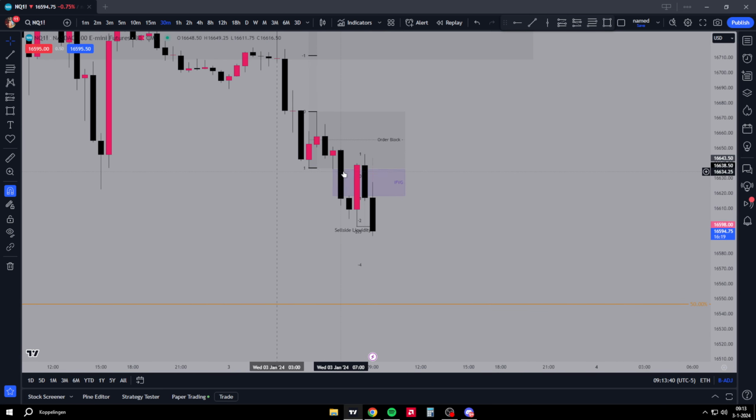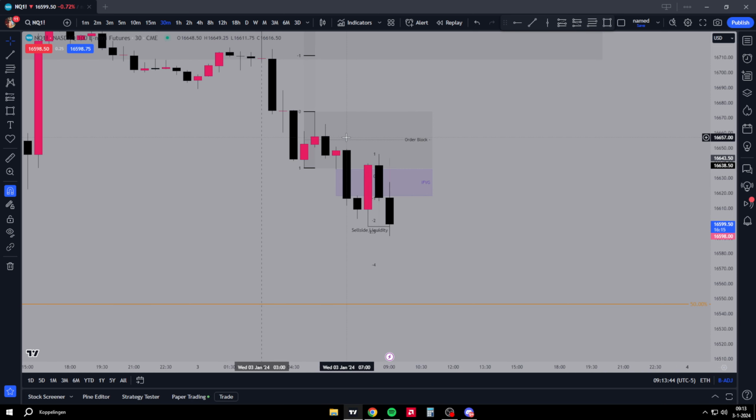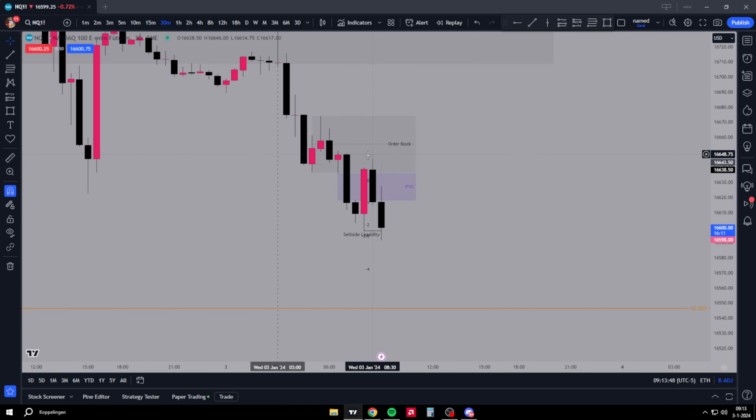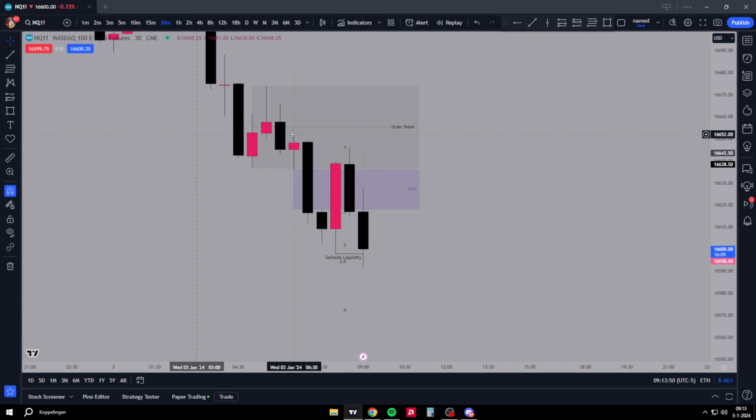So we close above right here, but we tap into this order block right here, this half-hour order block. It actually is. And why isn't it this candle? Because this candle has the imbalance. These consecutive candles have higher volume, and it would still have this imbalance right here. So I'll take it not from here to here, I will take it from here to there.